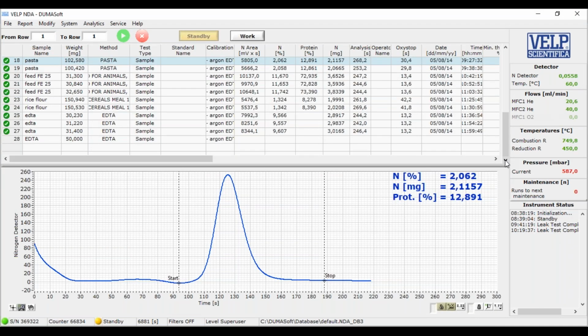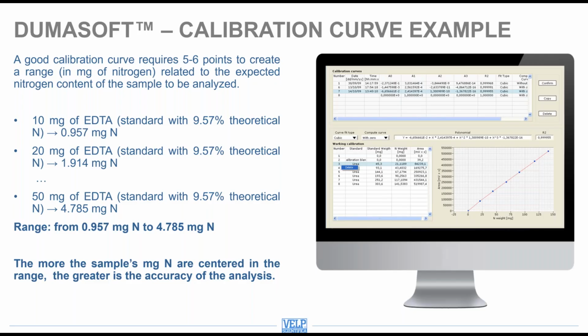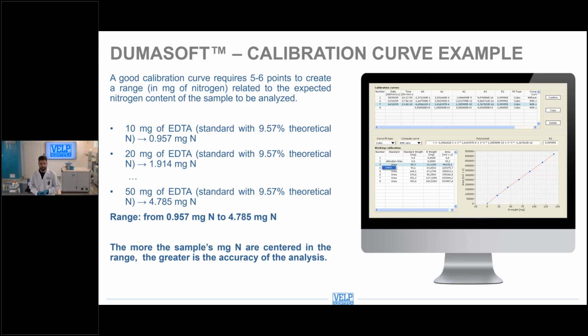To create a new calibration curve, you need to start with the calibration blank and then analyze at least 5 or 6 points of the certified standard. Generally, the calibration curve is made with sample weight intervals of 10 milligrams. As you can see here, we created a calibration curve starting from 10 milligrams up to 50 milligrams, and it covers a range of absolute milligrams of nitrogen from 0.957 to